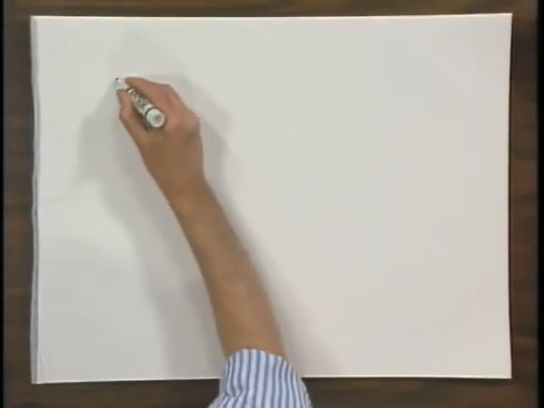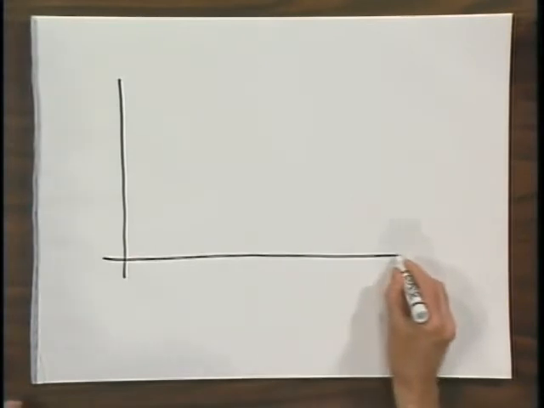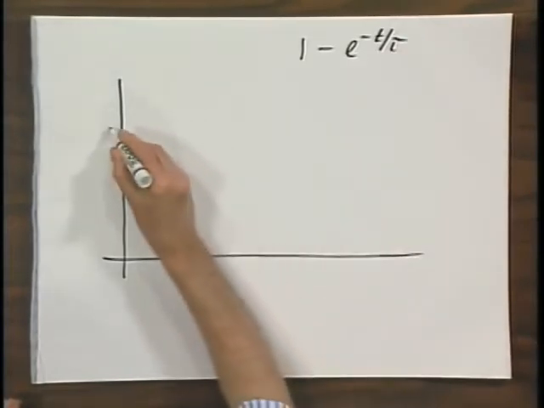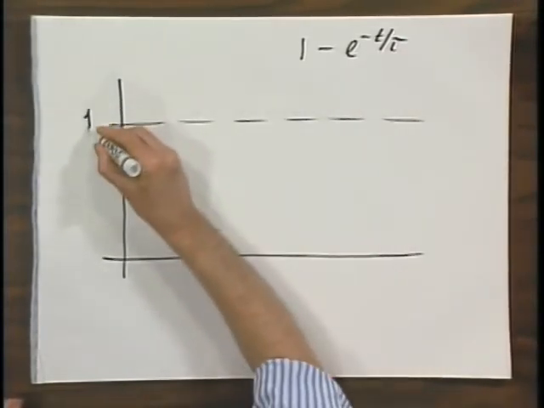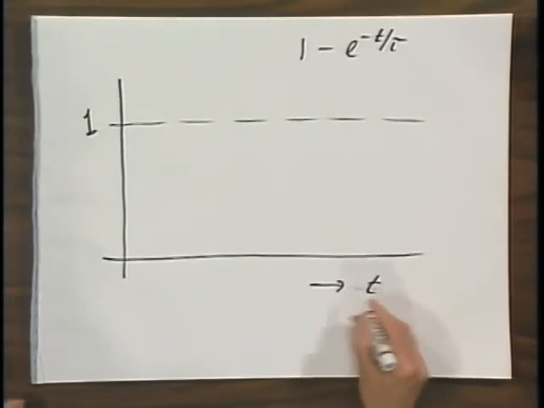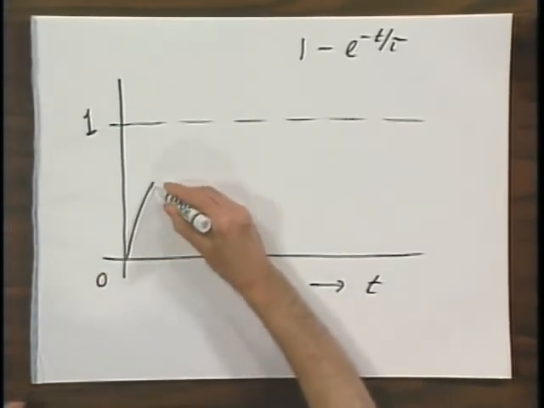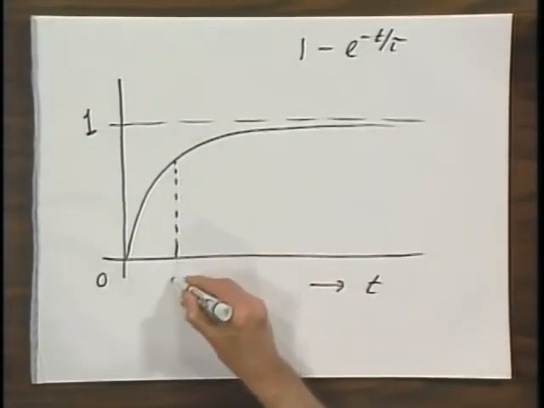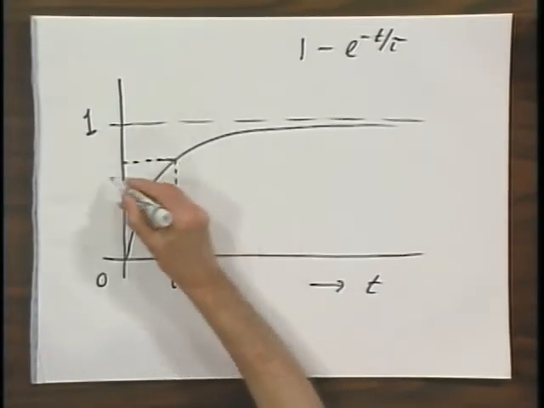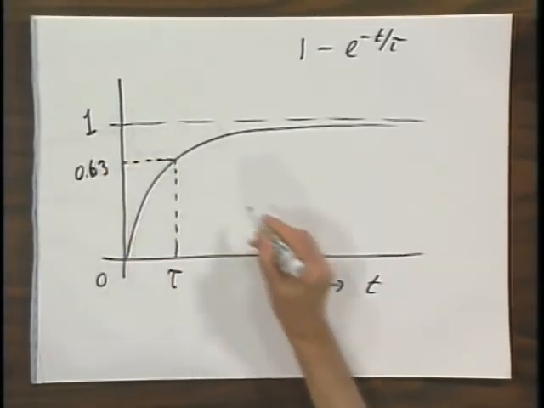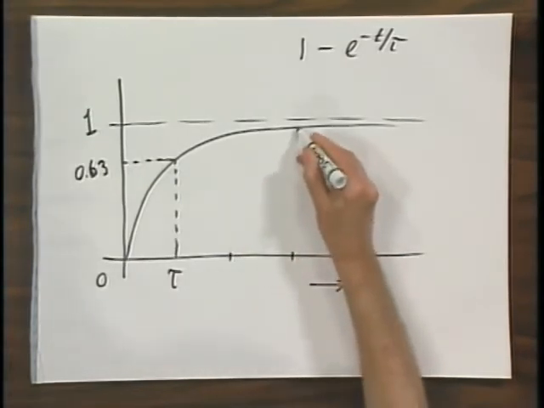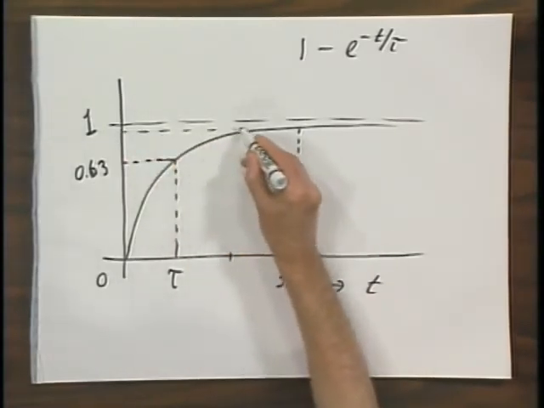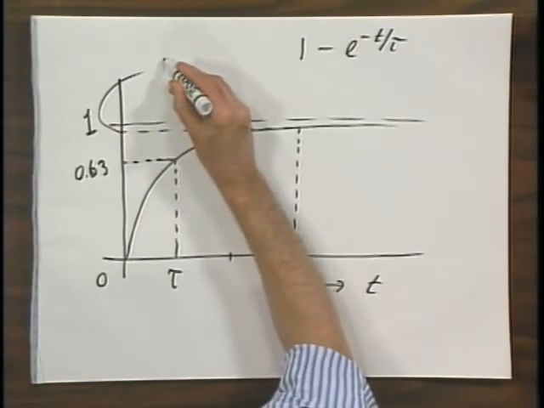If we simply make a plot of the term 1 minus e to the minus t over tau, so this value would be 1, this is time, and this is 0, then we have here this function, and then at 1 tau you are at 0.63, and at 3 tau